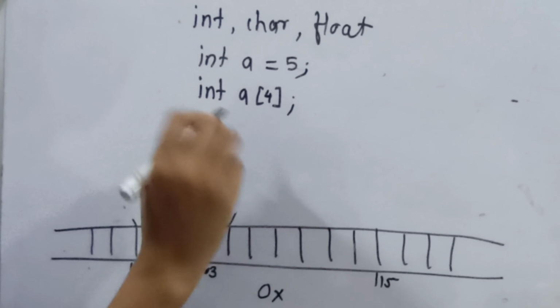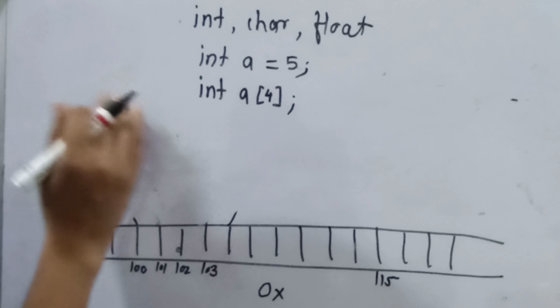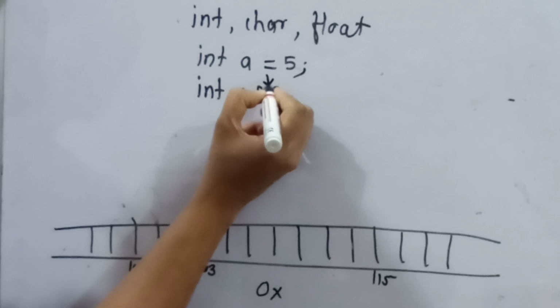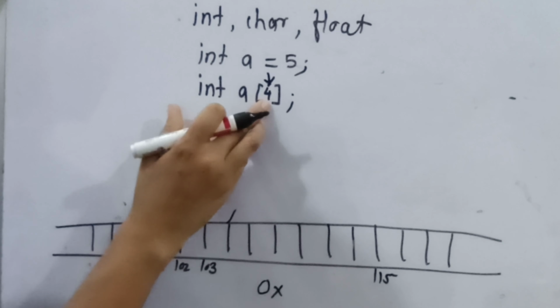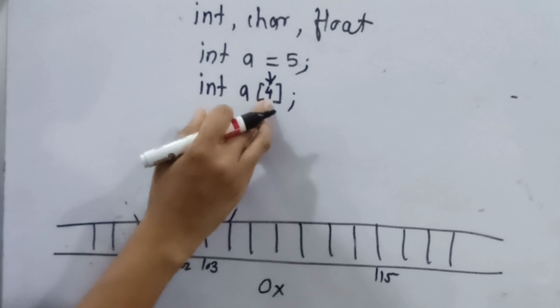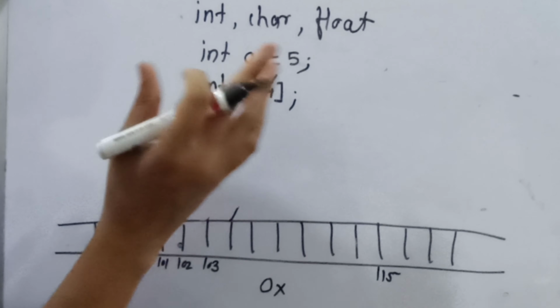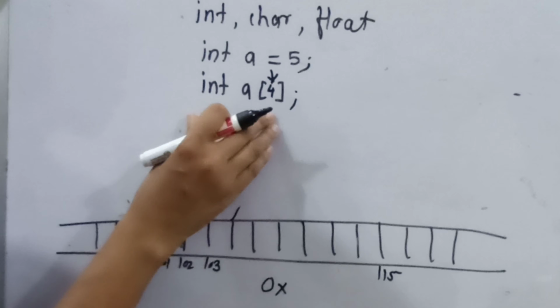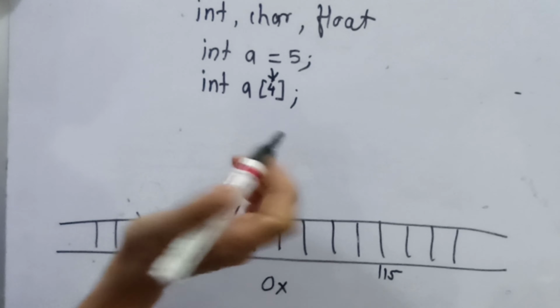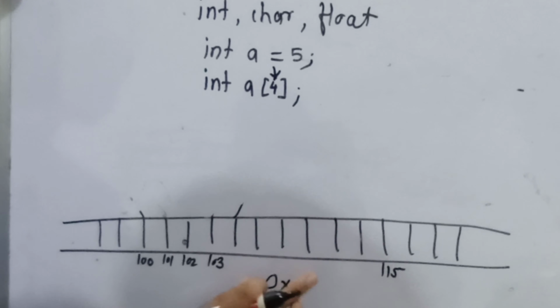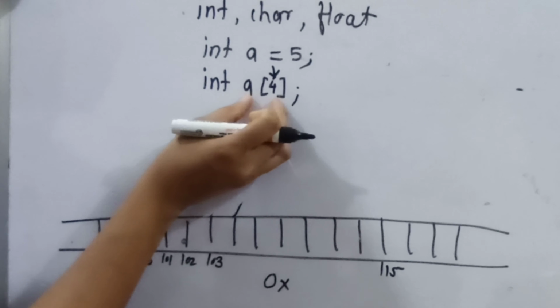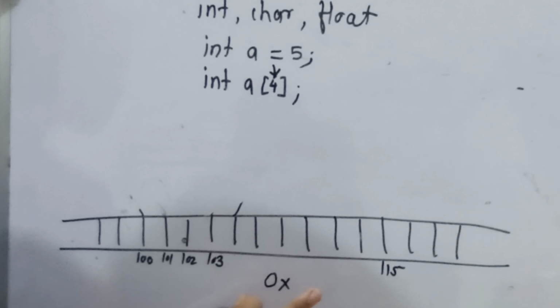Now, while declaring, what care do we have to take? Always we have to specify the size, that means some constant value. I have declared integer a of 4, which means I can store a maximum of 4 elements here. Whenever we write a statement this way, at compile time your memory manager is going to allocate 16 bytes of memory.